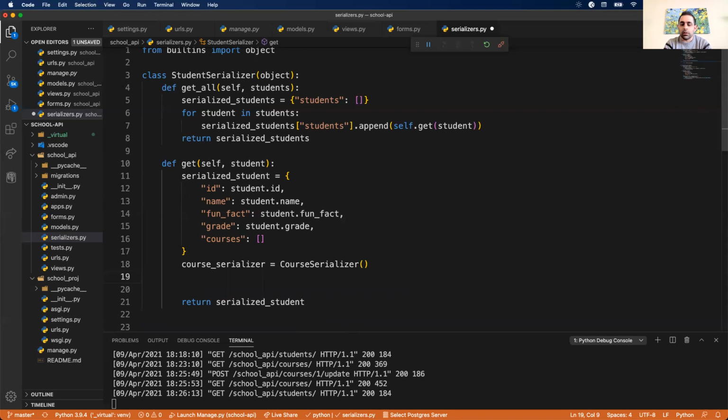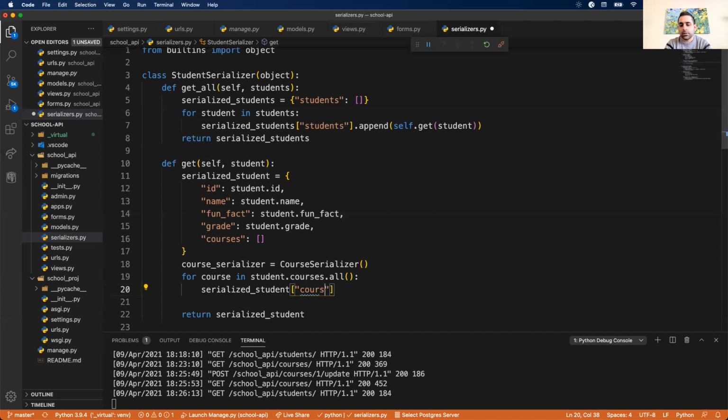Okay, and then I'm going to do a for loop over the courses. So course in students dot courses, and this time I won't forget my dot all. Then I want to loop through there and basically append to this list. This list is nested within my serialized student dictionary that I'm creating here. So we do courses dot append because it's a list, and we'll append course serializer